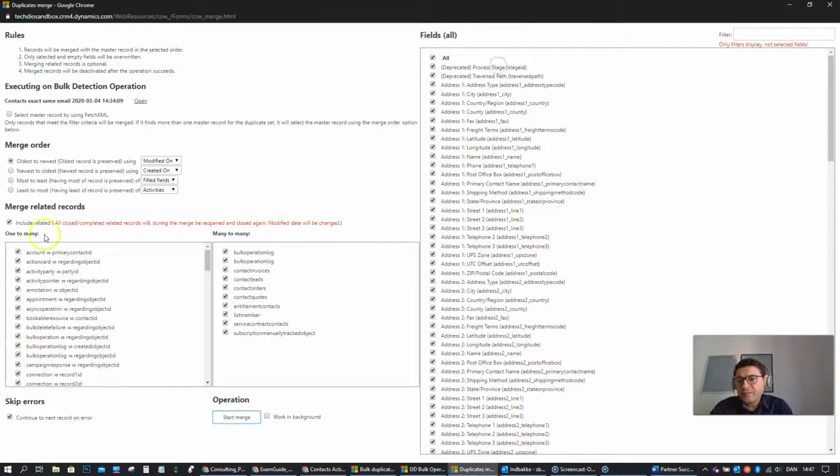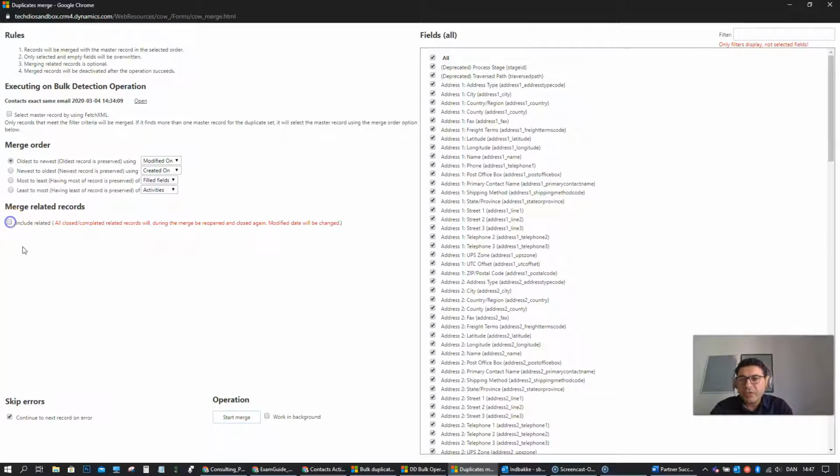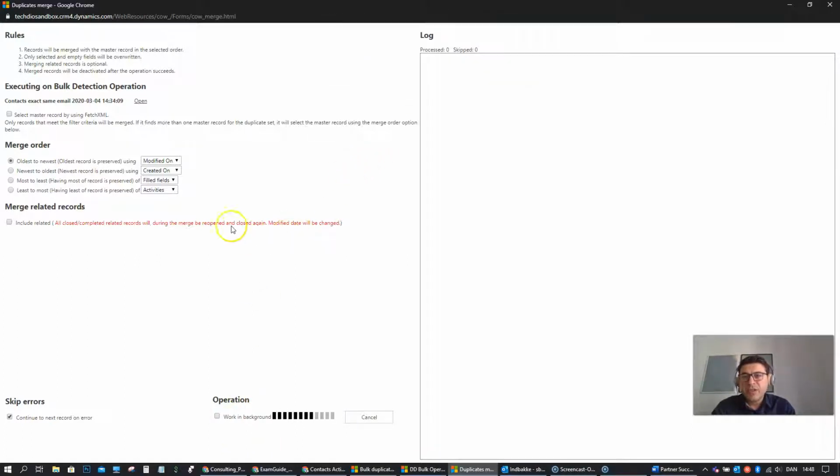I can even say, you know what, I'm not going to include any merge records. I can also install a background service from our website and utilize that to make the bulk merge in the background. It's totally up to you. There is a dedicated section in the PDF file, which I've mentioned a few times earlier, where you can read about the different capabilities and what the background service can help you achieve. In this scenario, I can just go ahead and start my merge